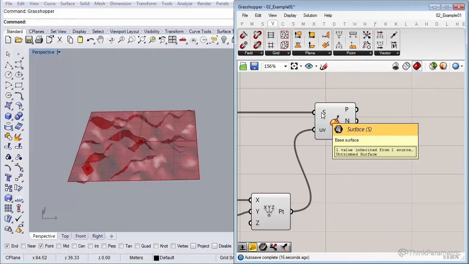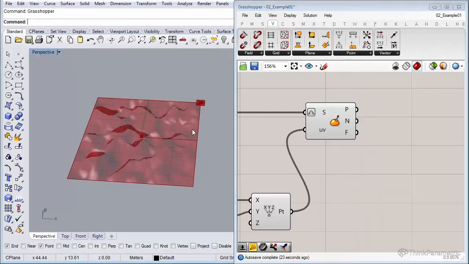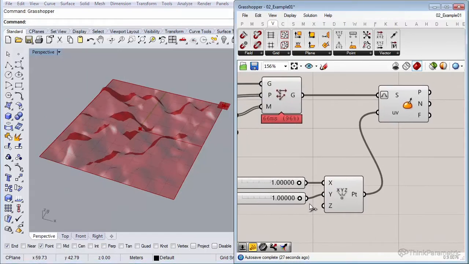You can do that by right-clicking on the S and selecting Reparameterize. Now as you can see, our point got all the way to the top right, which reaches all the way to the surface. And now with these two sliders, I can basically get any point I want on the surface. That's basically what we want to achieve in the end.